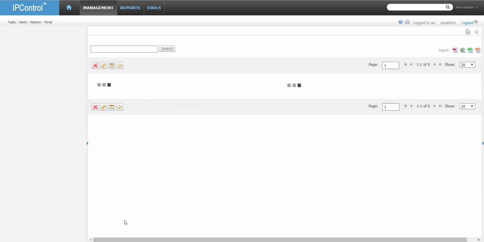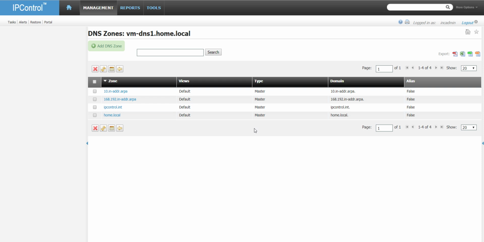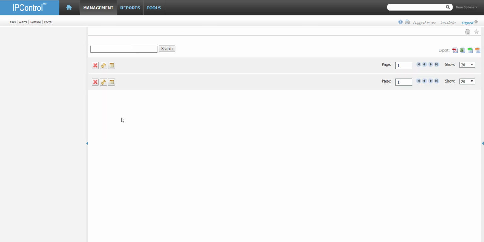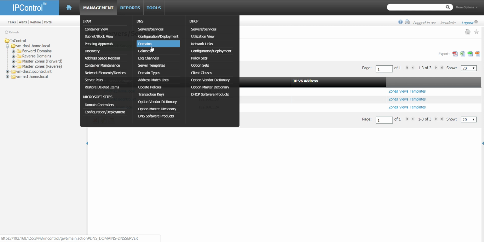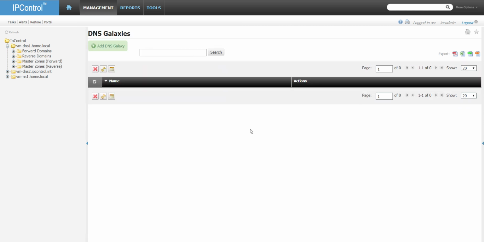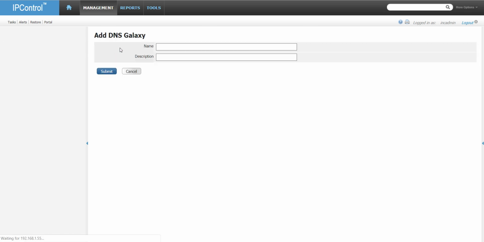The other thing to note is you then have to manage zones at the server level versus being able to reuse that information as a type of template throughout your application. So we do provide that, and we do it through a concept called galaxies. Now, zones can only exist in either a galaxy, which we call galaxy views, or as a zone delegated. So we need to be careful of that process as well. So what I want to do here is go into our galaxies. I want to do a couple things, and we'll call this particular one master DNS galaxy,